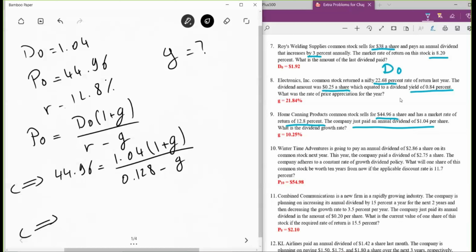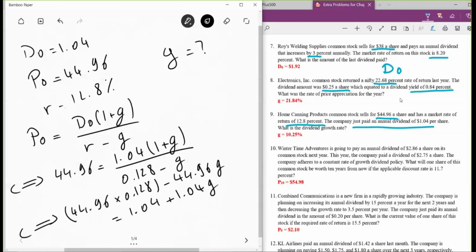So I have 44.96 times 0.128 minus 44.96 G. This is equal to 1.04 plus 1.04 G. So I have 1.04 plus 44.96. So I have 46